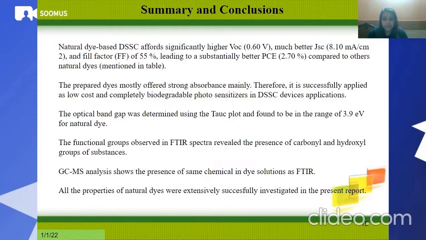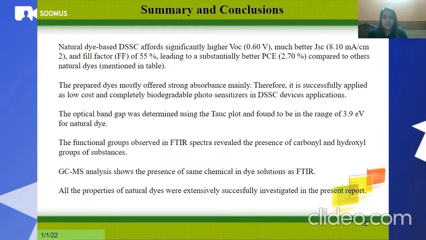gap was determined using the Tauc plot and found to be up to 3.9 eV for the natural dye, and the functional groups observed in the FTIR spectrum revealed the presence of carbonyl and hydroxyl groups, and GCMS analysis shows the presence of some chemical compounds in the dye solution, as does FTIR. All the properties of the natural dye were